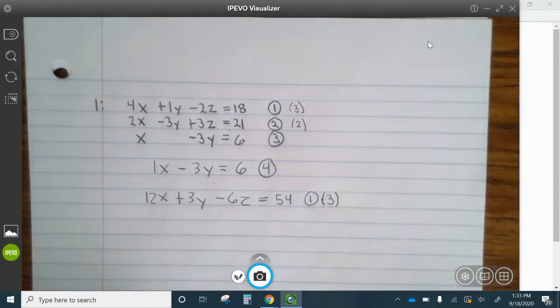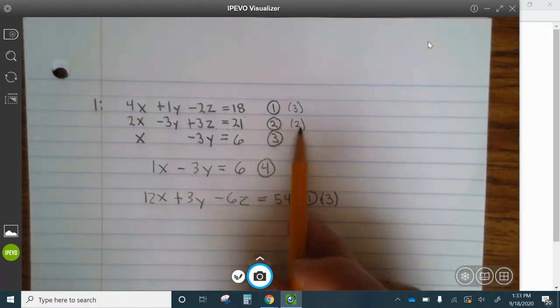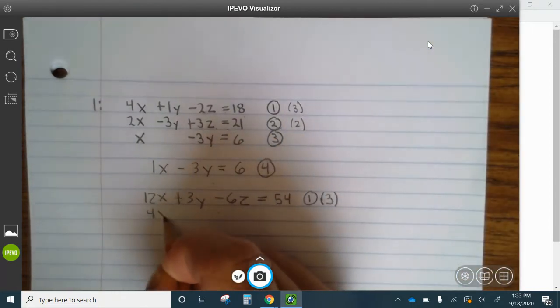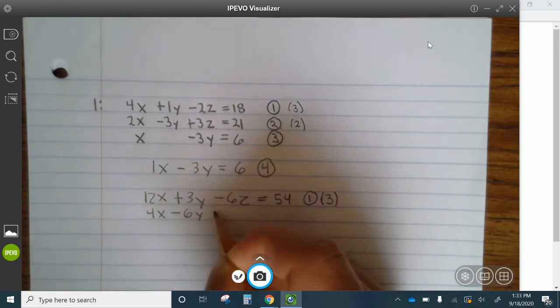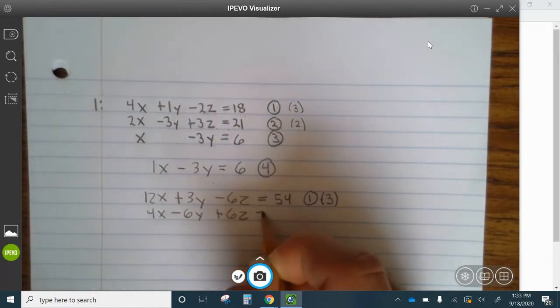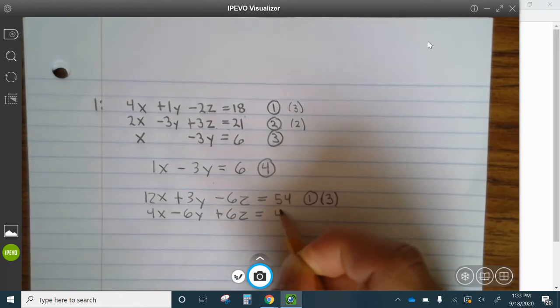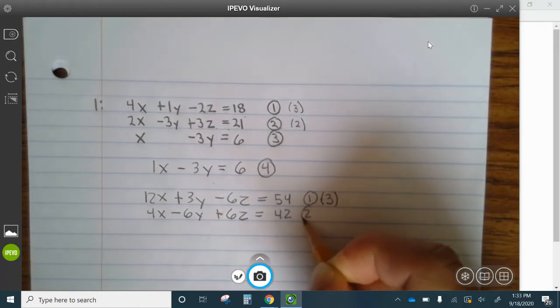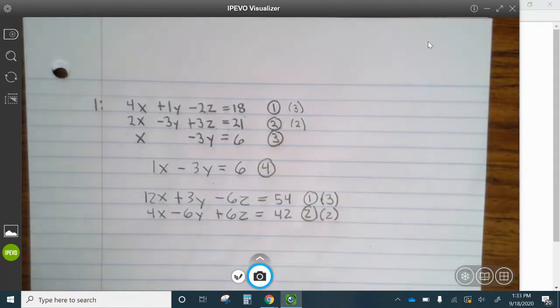All right. So now we're going to multiply equation 2 by 2. So that's 4x minus 6y plus 6z equals 42. And that's equation 2 times 2. Okay. All right. So now